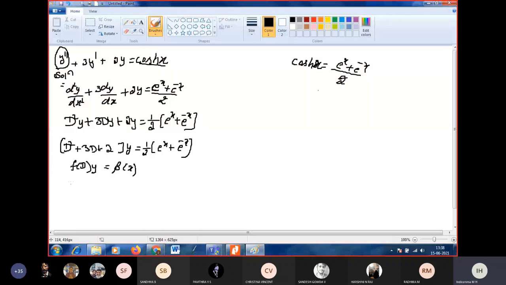So since it is homogeneous or non-homogeneous? Non-homogeneous. For a non-homogeneous differential equation, the solution is y is equal to yc plus yp. You call this equation 1. First you find out yc, then go for yp. So to find yc,